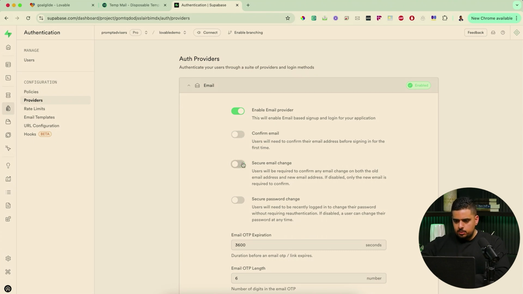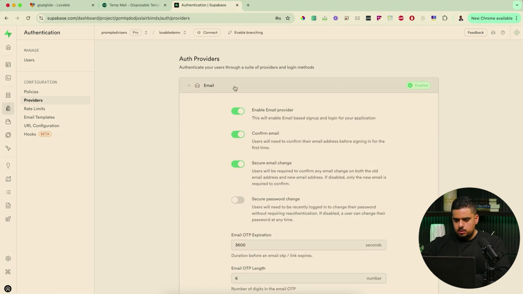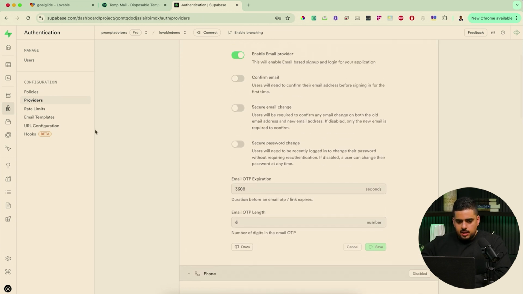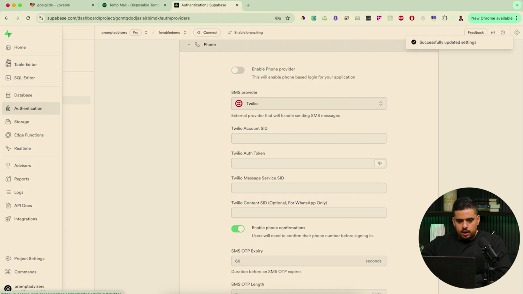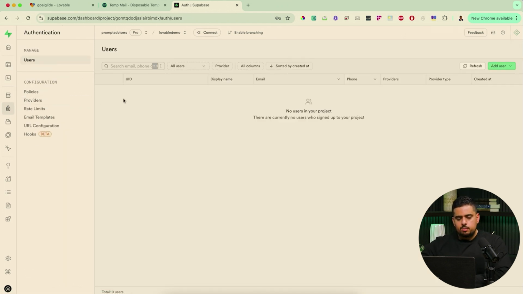So if I disable these now and I refresh just to make sure this took effect, let me just do this. One thing that I forgot to do is after actually toggling these off, you have to go and actually click save. So that didn't help my case. And just so I can start from scratch, I went to here, users, and then the two users I made, which is my prompt advisor's email, as well as the temp email I put together, I deleted them from the